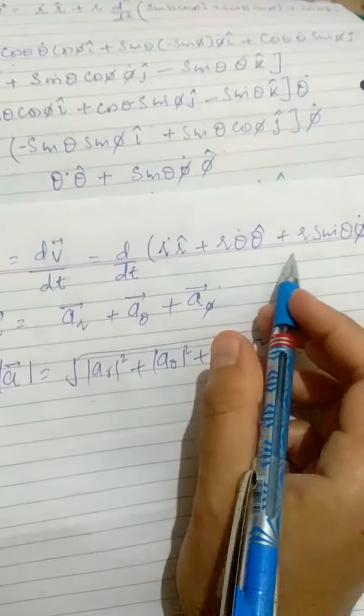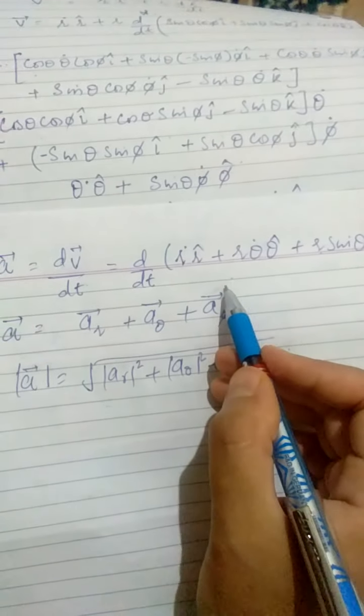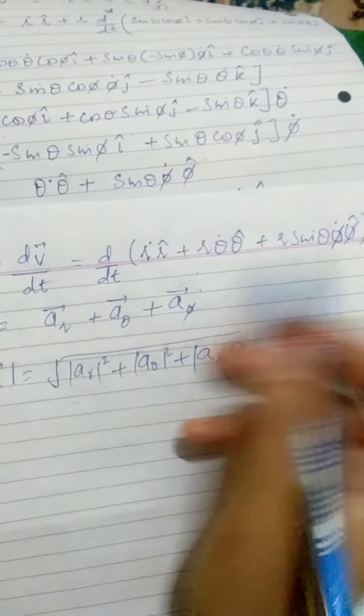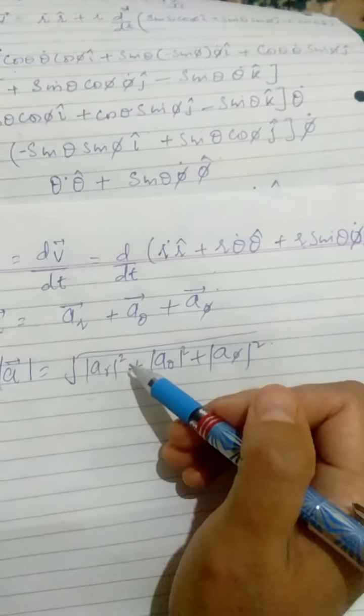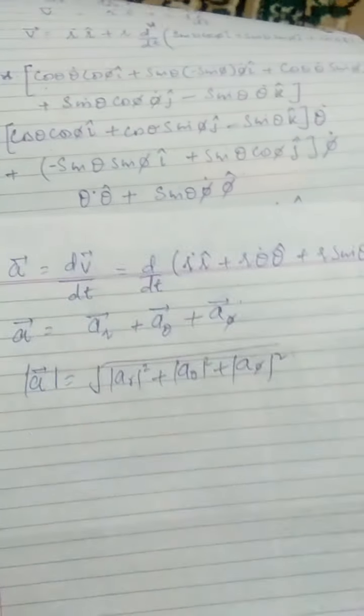wherein I leave it to you as a small assignment at home to do the intermediate steps, and that is quite easy for you. All you have to do is a simple differentiation of all these terms one by one, right? And then you are going to separate them in terms of r, theta and phi.